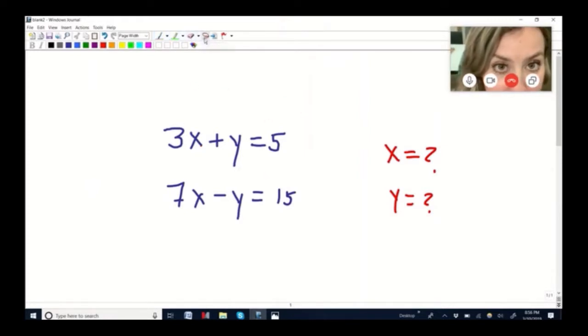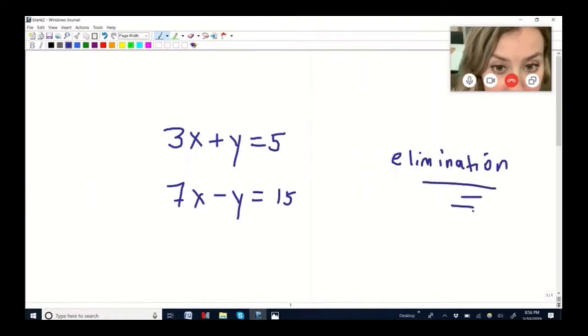Now, it so happens that there are numerous ways to solve these. There are three really famous ways to solve systems of equations. I'm going to present to you a way called the elimination method. In fact, I'm going to write that. Elimination. Sometimes they call it the addition method as well. But this is the elimination method.